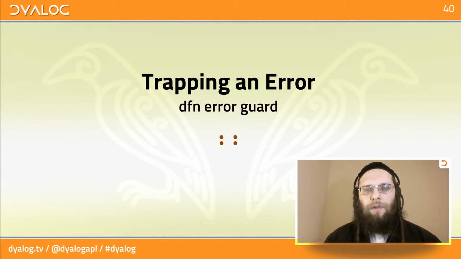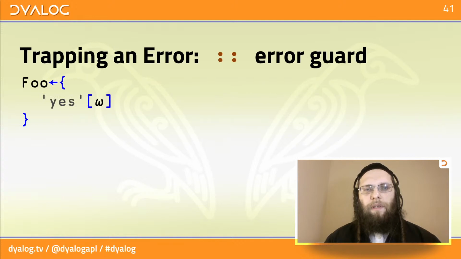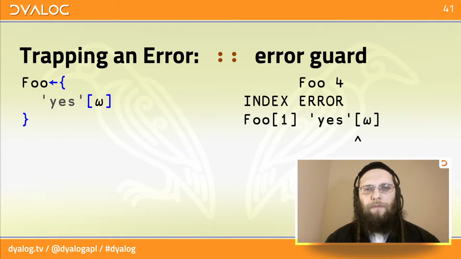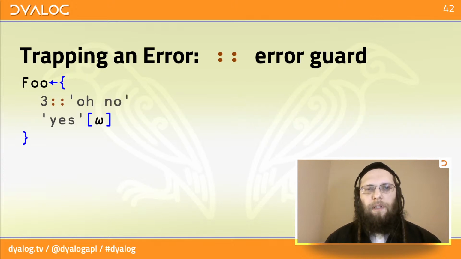And error guards work kind of similarly. So here's a simple dfn, and it does some indexing. Of course, if we run it with a 4, we get the index error, just like we did with the tradfn. The way the error guard works is instead of having a condition, like in a normal guard, which has to evaluate to a 1 or a 0, it takes a single or a list of error numbers, which are just the same as what we were dealing with in the tradfns before, on the left side of the double colon,